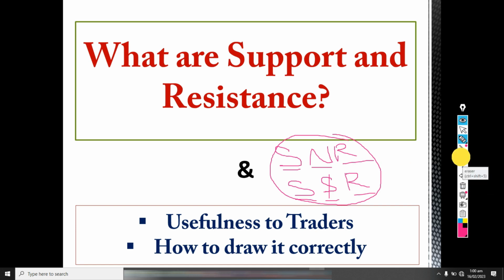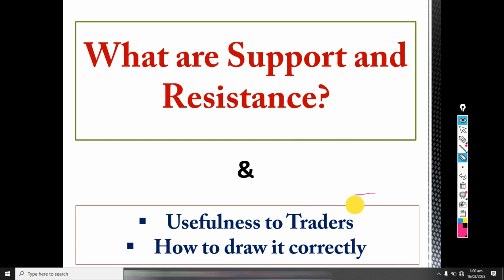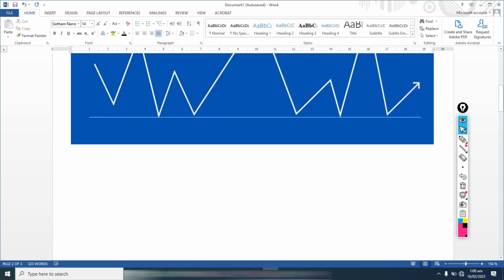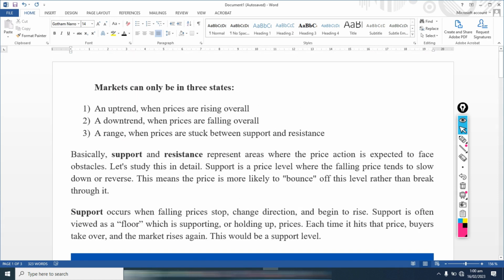So now, let's look at it. What are support and resistance, if you should ask me? Let's look at it in detail. Let's talk about this support and resistance in full. So now, to enable us to do that,